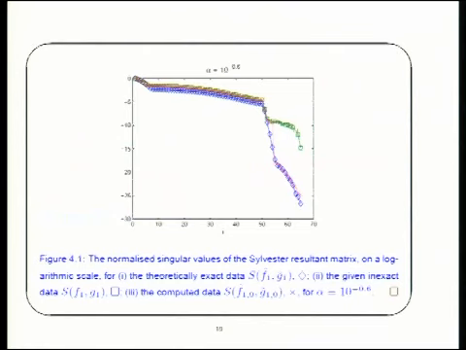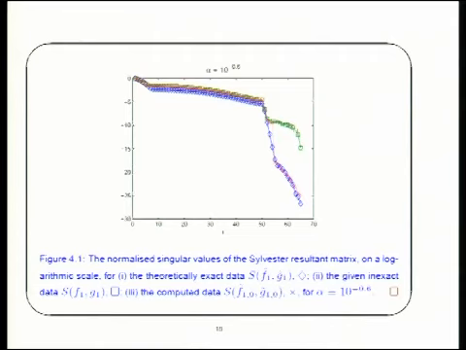Now, here you have to take this on trust from me. This is a graph that will tell you the singularity. You know that f and g had a GCD of degree 11, which means there's a rank loss of 11 in the matrix. And this is the index of the singular value, and that is the normalized ratio on the log of the singular values. What you expect to be a